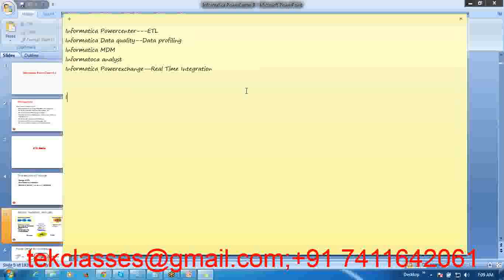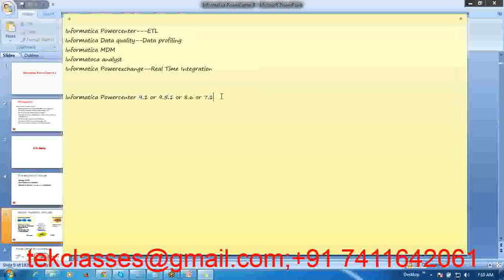versions. Currently Informatica Power Center 9.1 and 9.5.1 are being used by most of the clients, and there are still a few clients who are using 9.1; 9.5.1 is the latest version available in Informatica Power Center. Licenses are still not available for Informatica 9.5.1. That's why we are still using 9.1, and a few clients are still using 8.6 also. 8.6 is also used by a few clients, and a few very old clients are still using 7.1